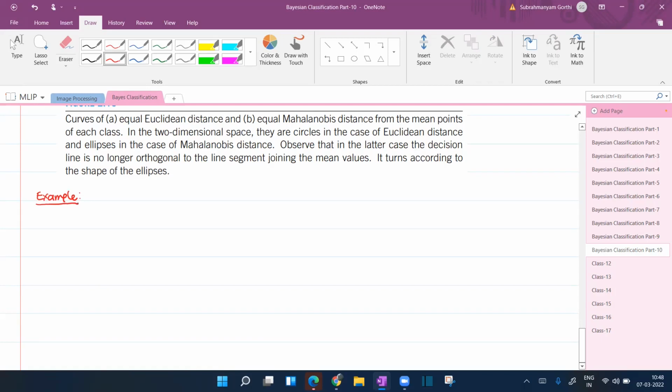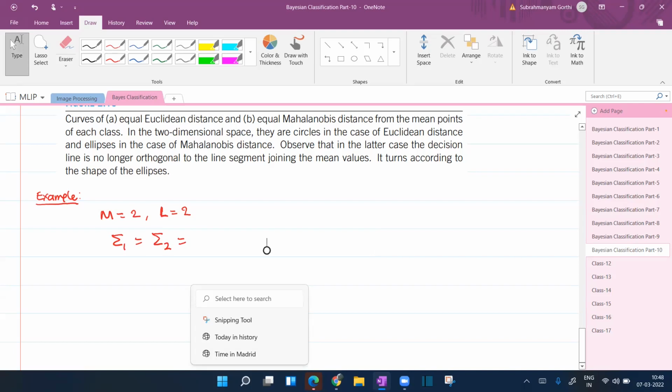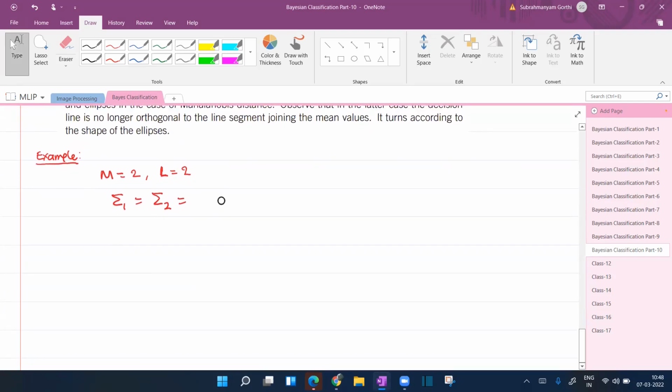Let's assume we have two classes. That means m equal to 2. I have a feature vector of size 2, that means x1 and x2, so that it is easy to keep track and visualize also. So I would consider L equal to 2, and sigma 1 and sigma 2. Anyway, this sigma 1 equal to sigma 2, because only then are all our calculations valid, only when you have equal covariance matrices. So this I would take as